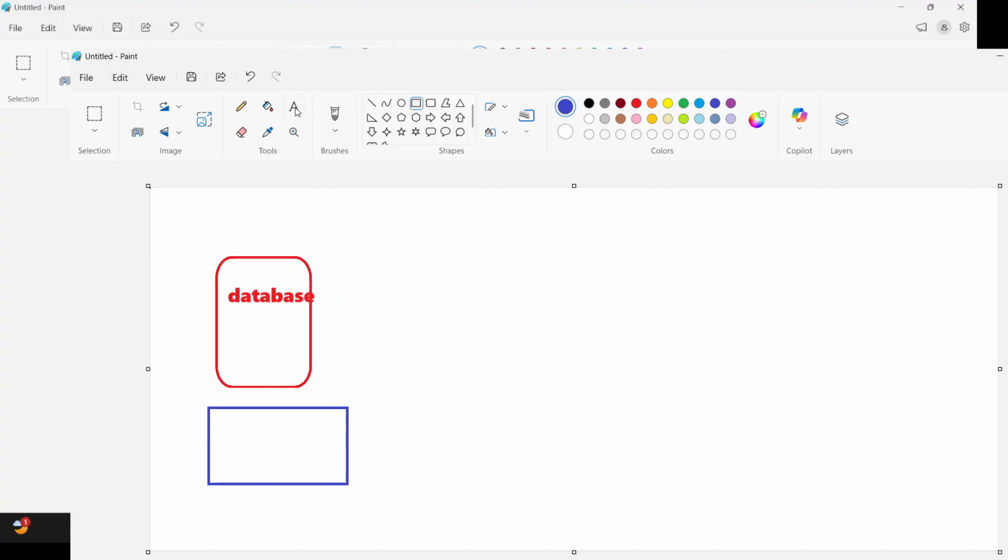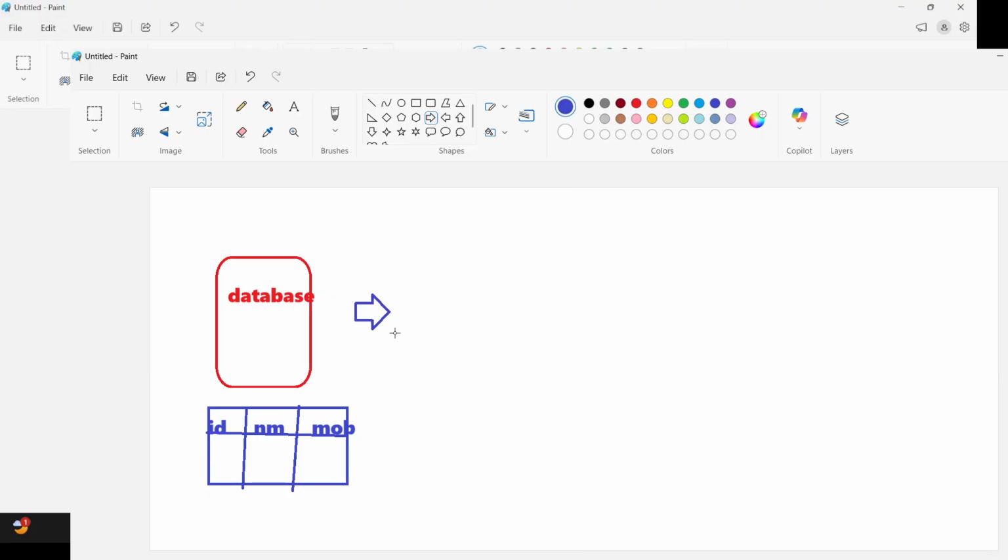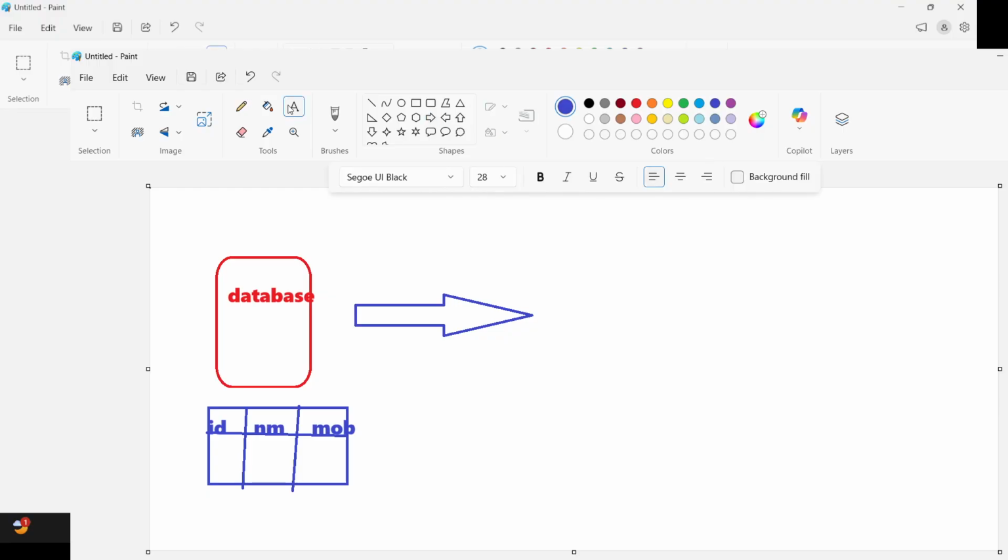And if you remember, we always store data in the form of tables. So in a database, we create multiple tables. We have seen the PostgreSQL database, where the group of data is stored. Every software needs a database. A database may have different column names, for example, mobile, email, address, or anything. And if you want to connect this database with any kind of technology, it may be Java, Python, .NET, anything.